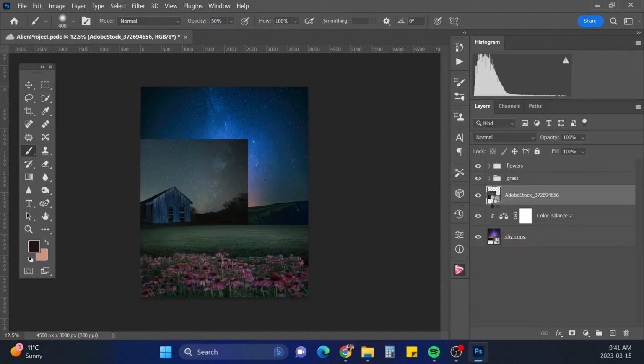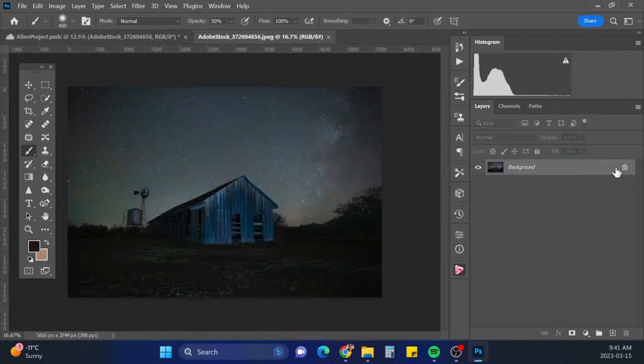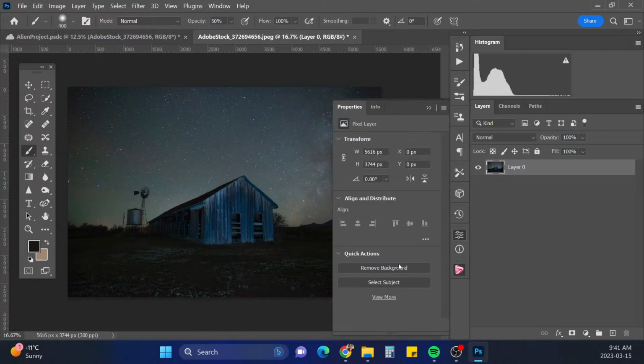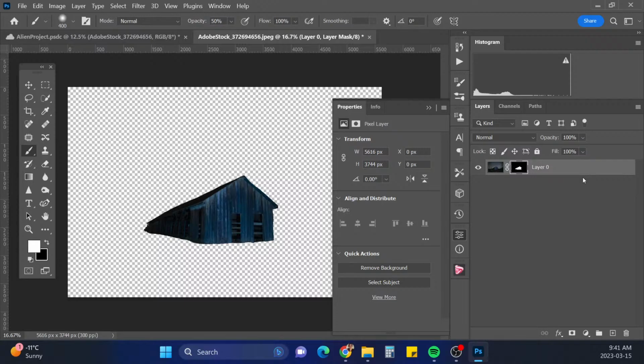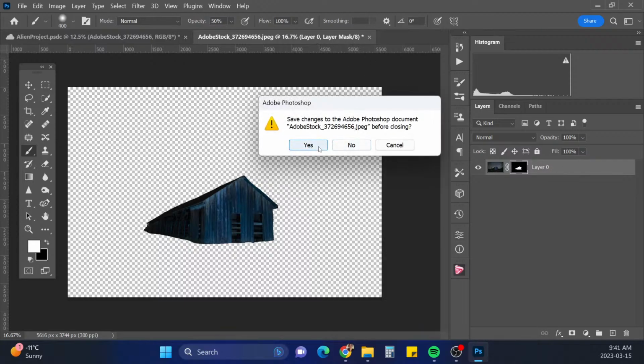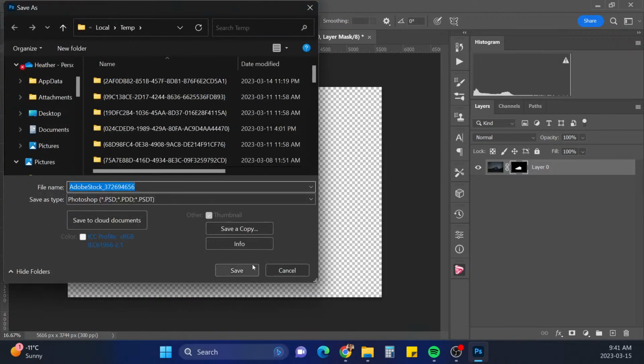Let's double click on this smart object here, unlock that, and remove background. Let's just see what that does. Perfect. There we go. All right, so we'll close this and hit yes because we want it to save that way.